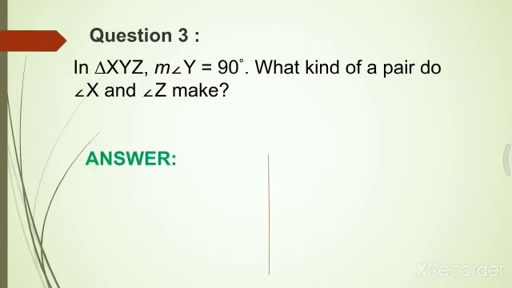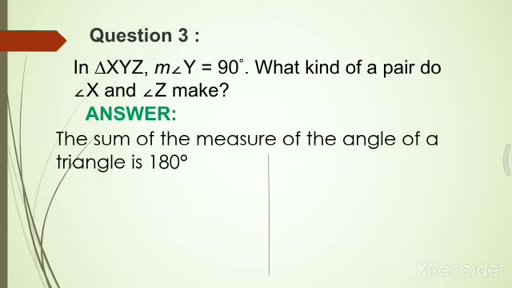So let's see how you are going to find out. Now in the very first step, what will you write down? You will write down that the sum of the measure of the angles of a triangle is 180 degree. Now first tell me, in your triangle how many angles are there? 3 angles are there. If you add the measure of all the 3 angles, what will you get? You will get the sum of 3 angles, that is 180 degree. Clear? So that we have to write down here. The sum of the measure of the angles of a triangle is 180 degree. Clear everyone?